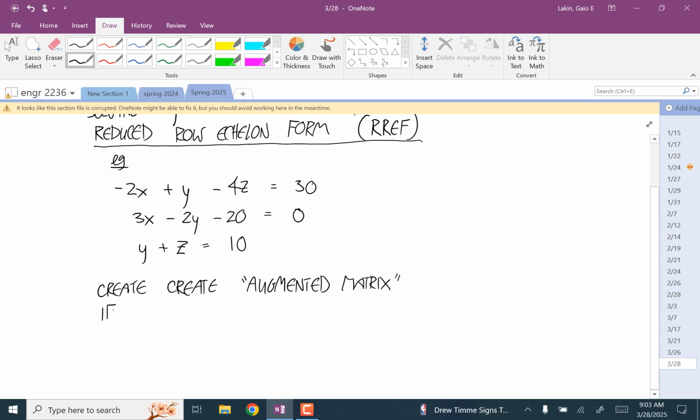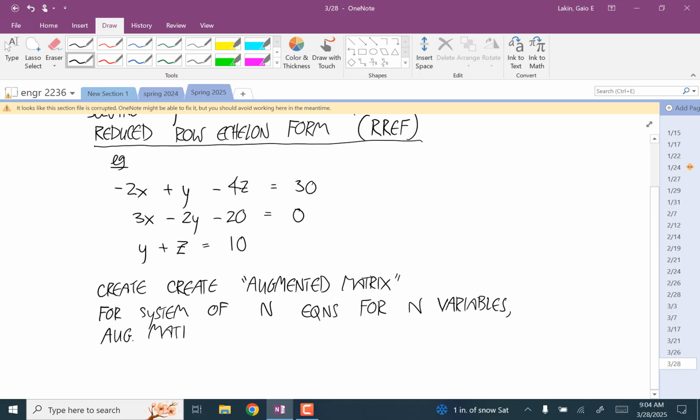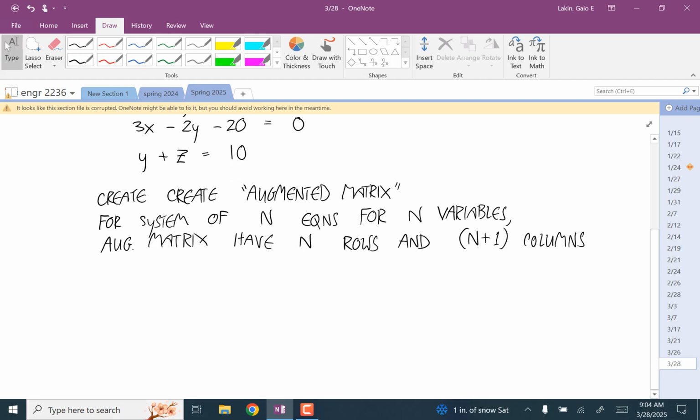And if your system, so for a system of n equations for n variables, your augmented matrix is going to have n rows and n plus 1 columns. Okay, and to create it,